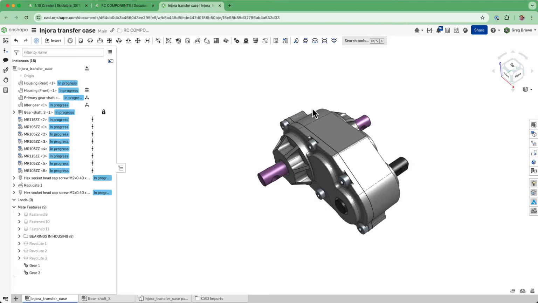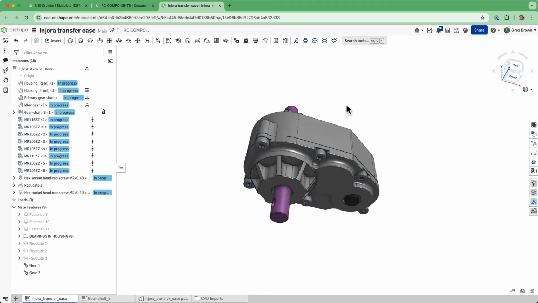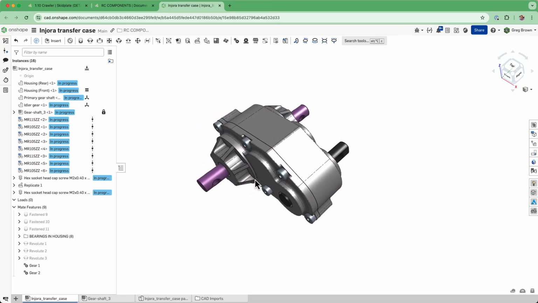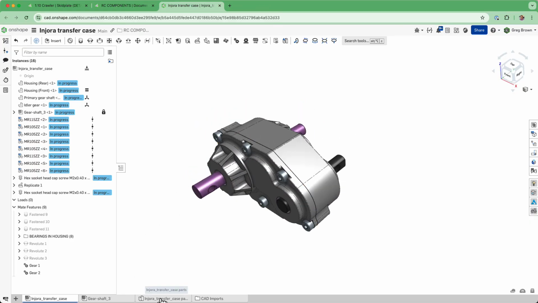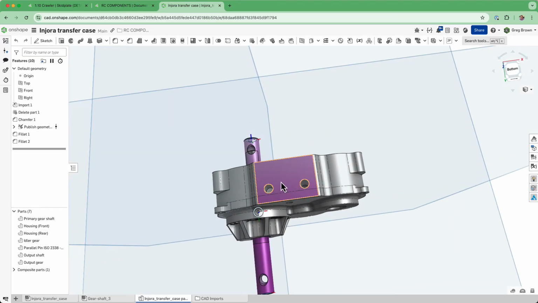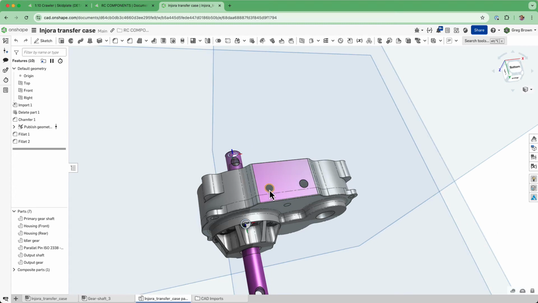Show all the instances. Yeah, there it is. That's the transfer case, which takes from the gearbox, or from the motor in the gearbox, and will actually transfer out to the front and the rear. Anyway, in here, there's a very, very important interface, which is where this thing is going to need to be bolted. And this is defined by the transfer case